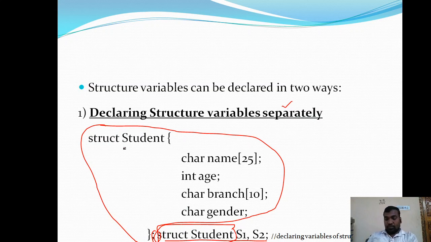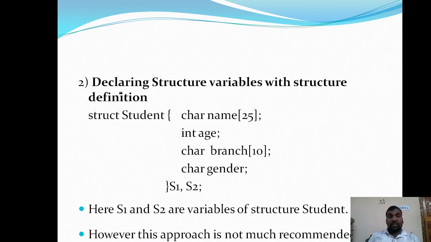Let us first discuss this one: declaring the structure variable with a structure definition. At the time of structure definition we are directly defining the structure variables. So here struct student is defined with different data types, and after defining the structure members, we close the curly brace and simply write s1 comma s2 semicolon.